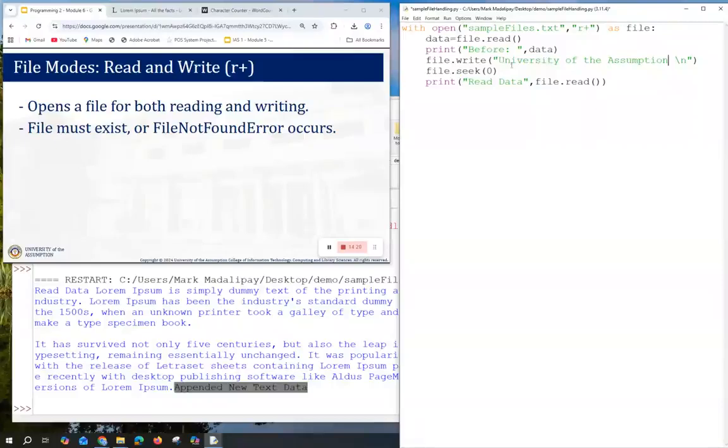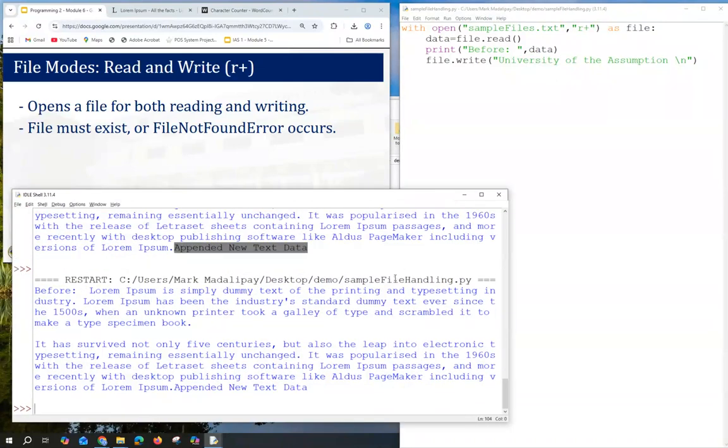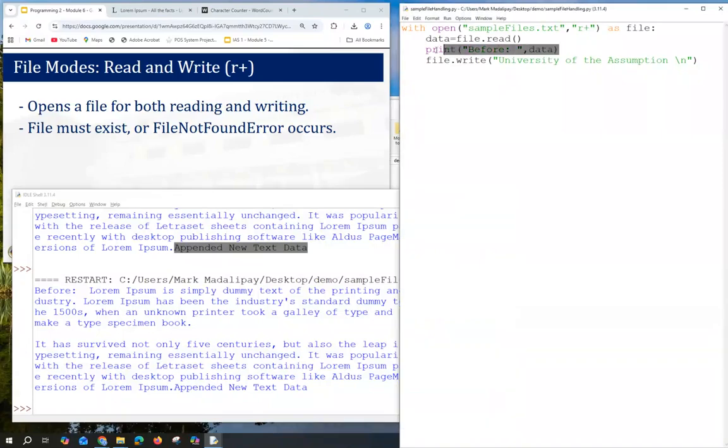So save, F5. Okay. So if we want to check, let's just check. Save.